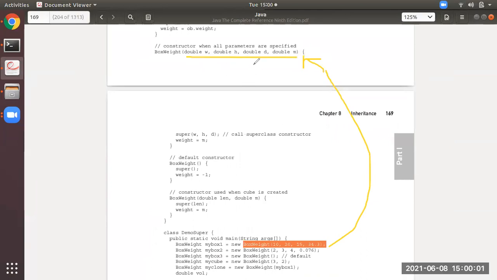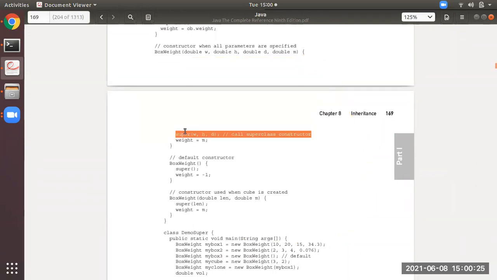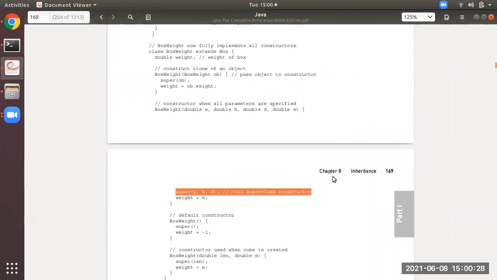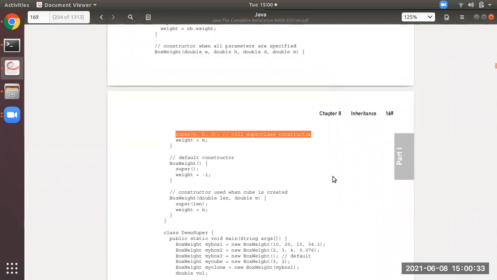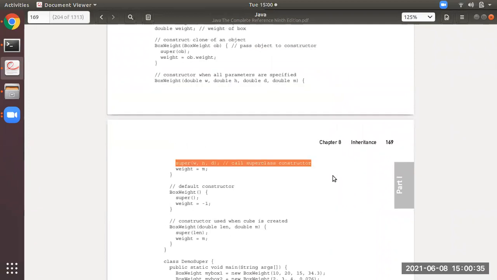Now, students, after this, the point you all have to observe is, I'm clearing the diagram. When it comes inside, you see there are two lines of code. But from the first line of code, the control will transfer to the constructor of its parent class. Means from this line, it will go to the constructor of its parent, which has 3 variables, and W, H, D will be initialized with 10, 20, 15 of its parent class.